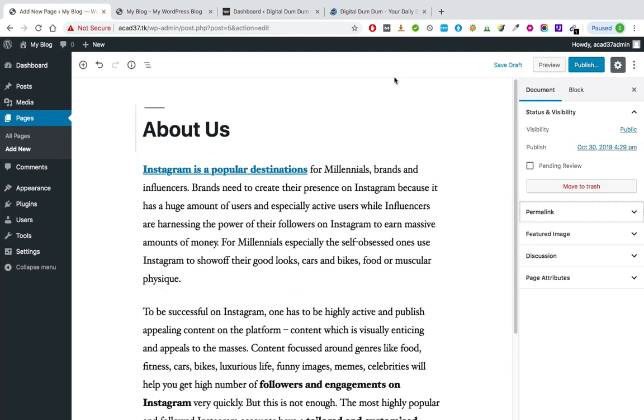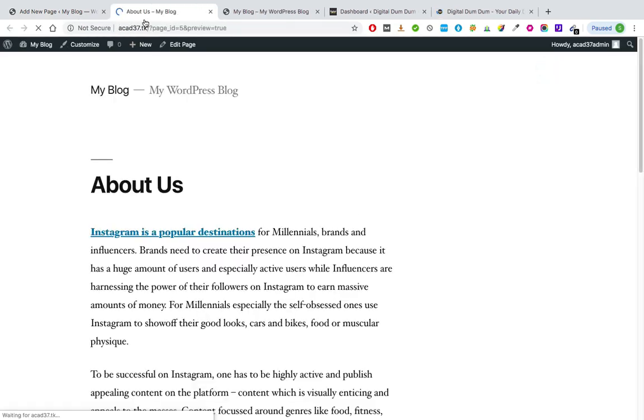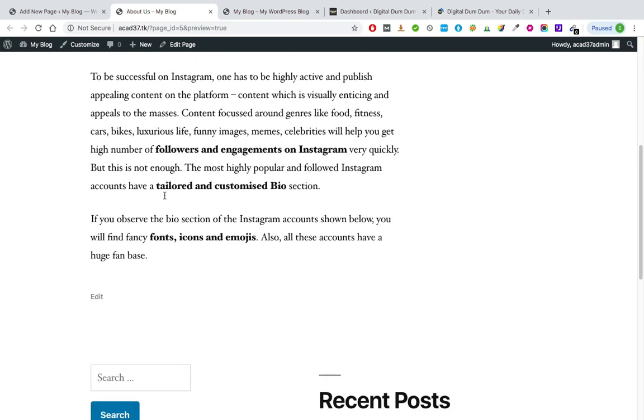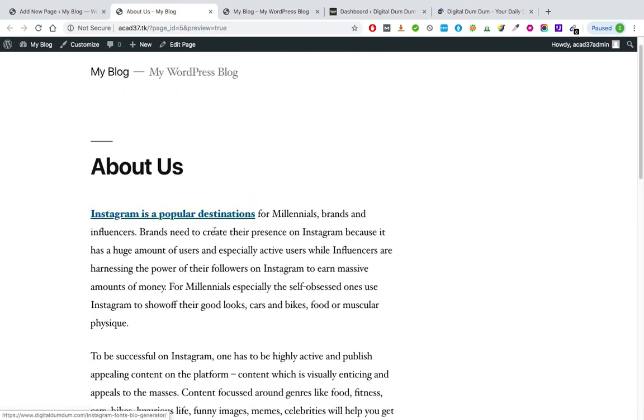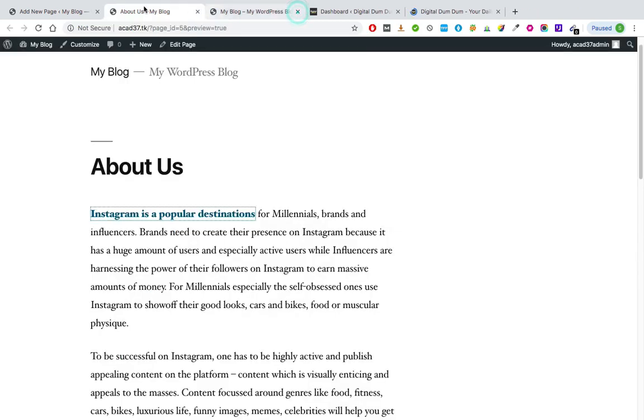So this is what you can do if you're not sure about the content. If you want to edit it even further, you can go ahead and select the save draft option. And if you want to preview the changes, hit the preview button, which will give you a glimpse of your content. And this is the link that we added. Let's see what happens when we click the link. It takes me to the relevant page, which is good. So the link is working, and also the link opens in the new tab. Okay, not in the same tab, but in the new tab. Close the preview.